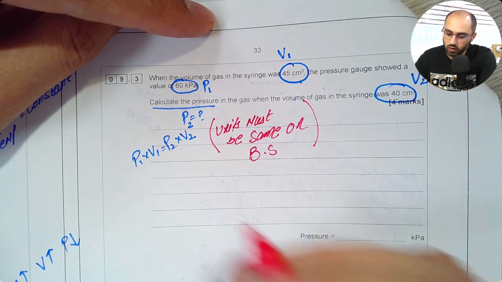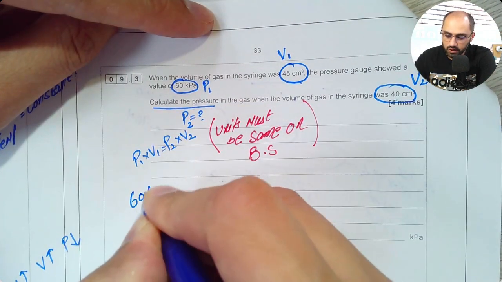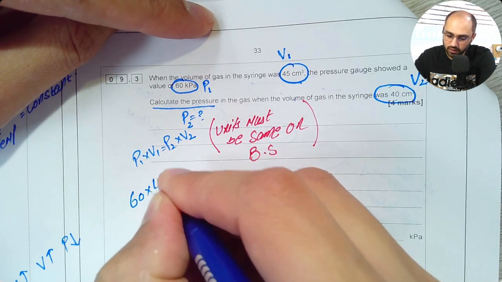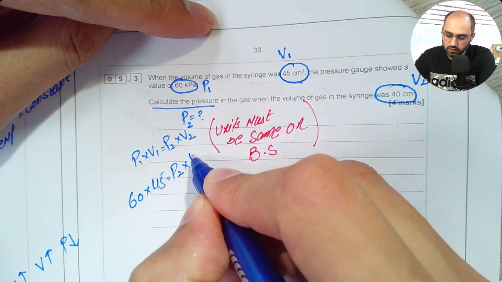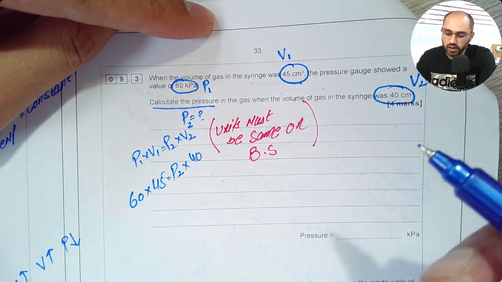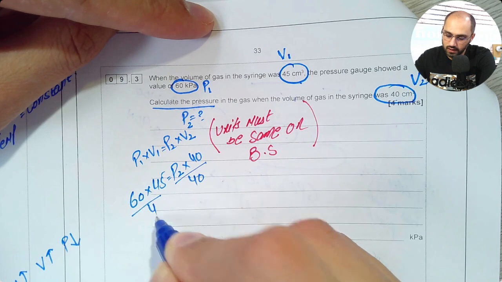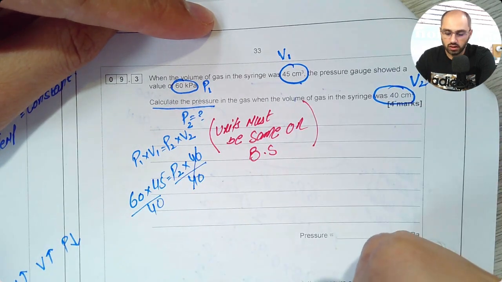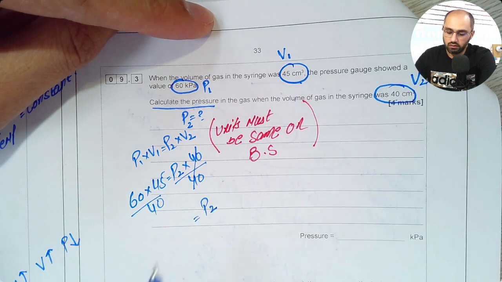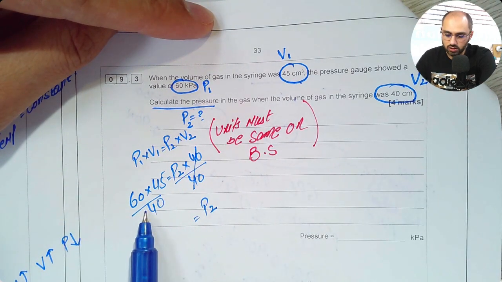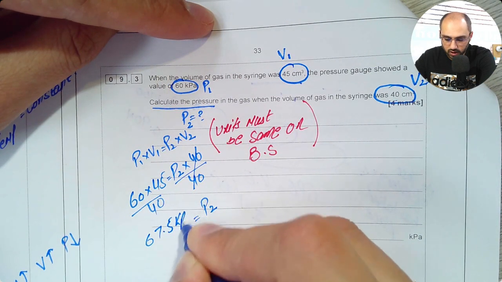In this case, P1 has a value of 60. V1 has a value of 45. We do not know the value of P2, the value of V2, which is 40. Now, to solve this equation, what will I do? I'll divide both sides by 40. This 40 will cancel out and I'll be left with only P2 on the right side. If you plug these values in your calculator, you'll end up with a value of 67.5 kPa, and this is